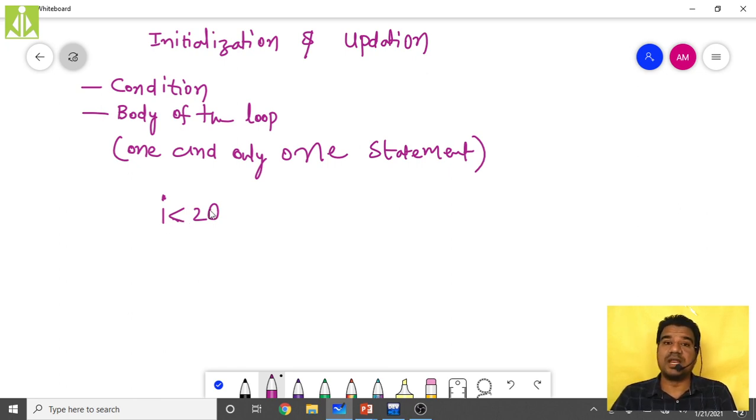That is the reason why the I value must be initialized when you use it in your loop for framing the condition. All the variables you use inside the loop condition must be initialized. Without initialization, what will happen?